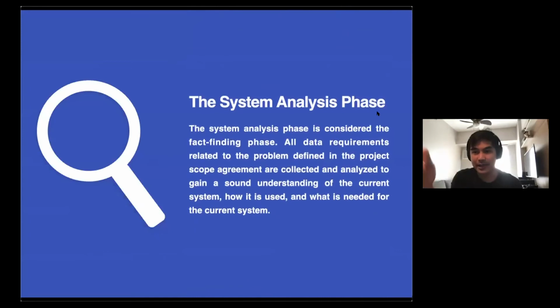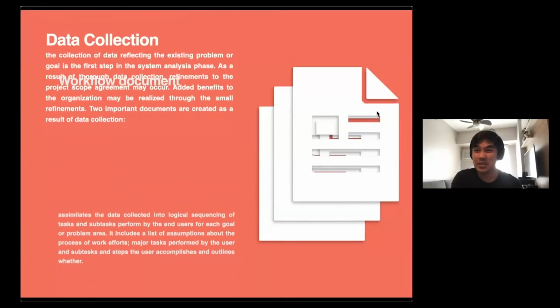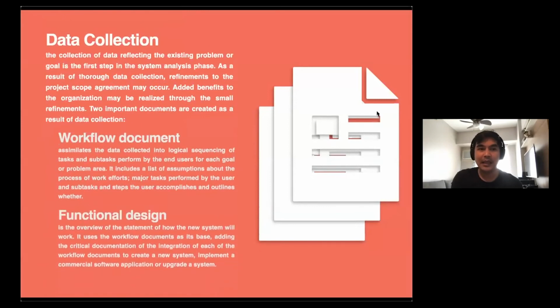Okay, so again, it is composed of the system analysis phase. So dinadiagnose sila ano ba yung kailangan ng hospital. And also data collection phase. Doon ba sa, for example, sa module na add a patient, ano ba yung gusto nyong information na nandoon? Kailangan nyo ba ng hospital number, etc.